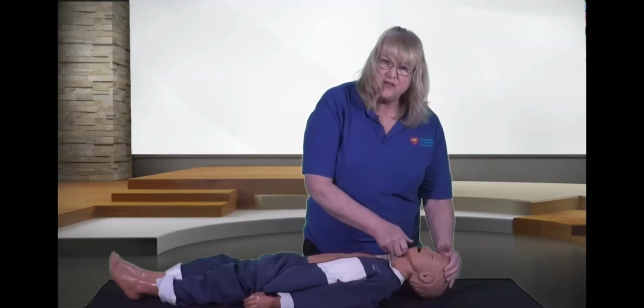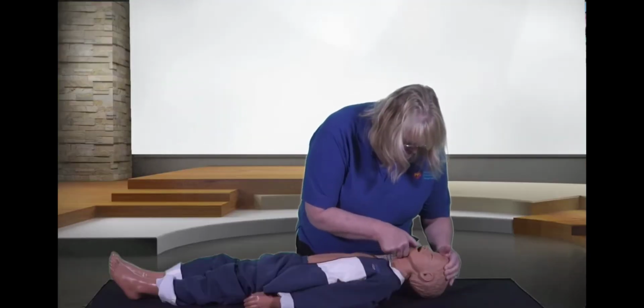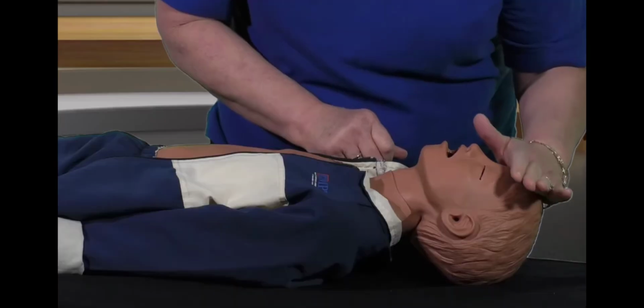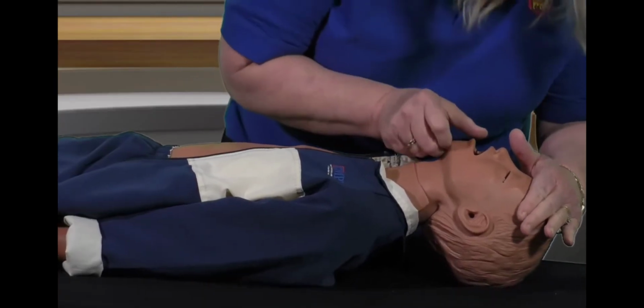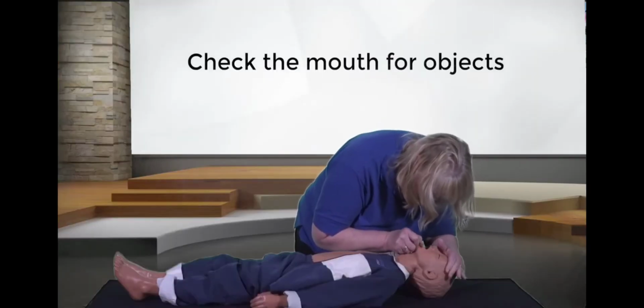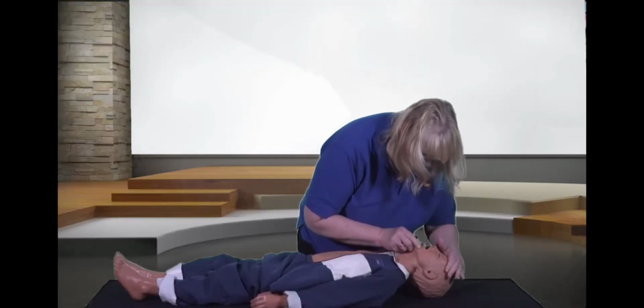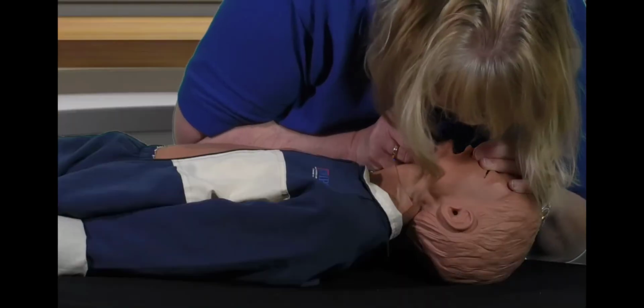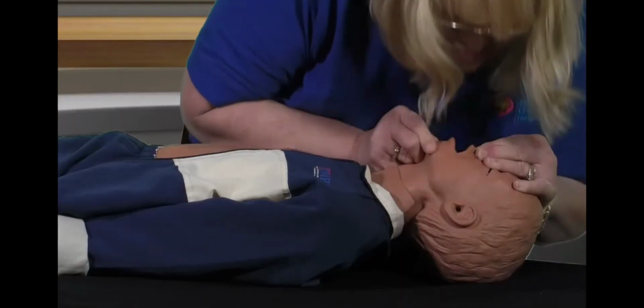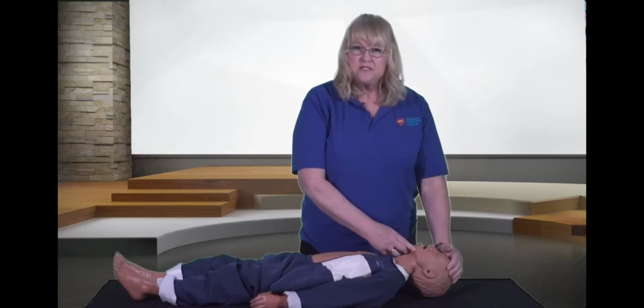Now you'll have to check the airway for any objects. Head tilt, chin lift. One hand on the child's forehead, 2 fingers on the chin to tilt the head back. Check the mouth to see if you see any objects. If no objects are seen, pinch the child's nose, cover the child's mouth, and attempt to breathe. If air does not go in,